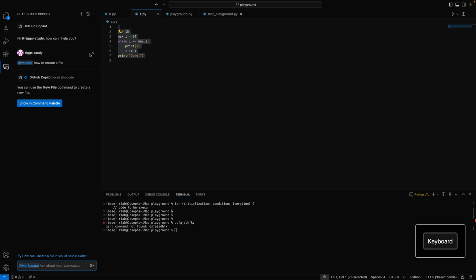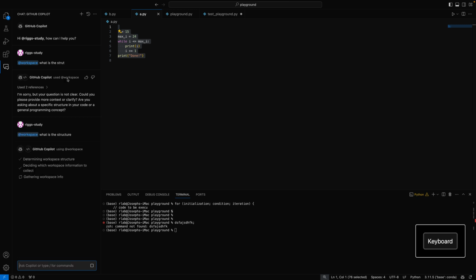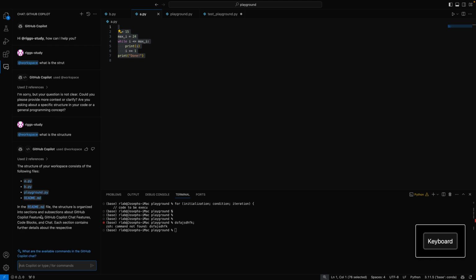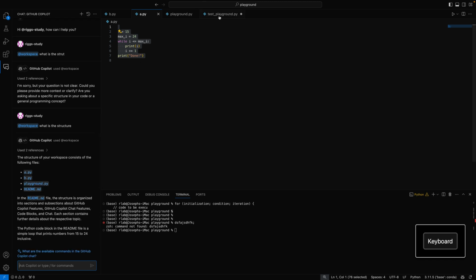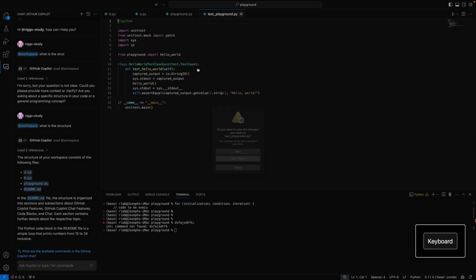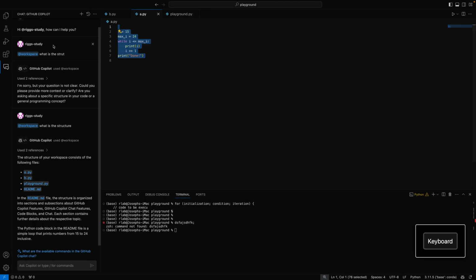When I ask about the workspace, I might say, what is the structure? And it's determining my workspace structure and getting info on it. It didn't like my shorthand. What is the structure? And it explains what files I have in there, but it definitely won't know the content of those files unless you specifically grant it,